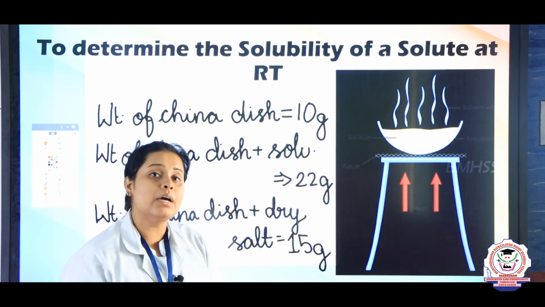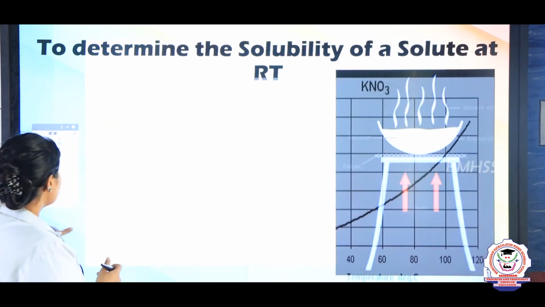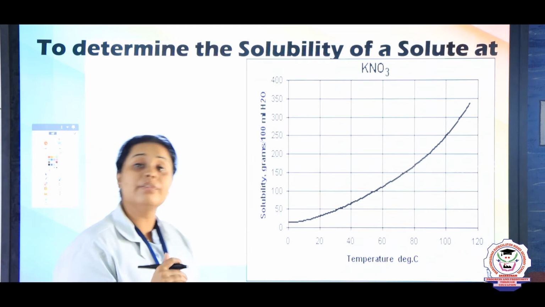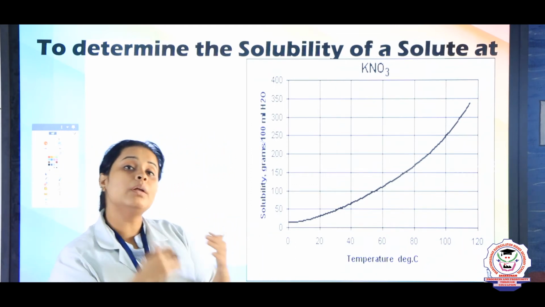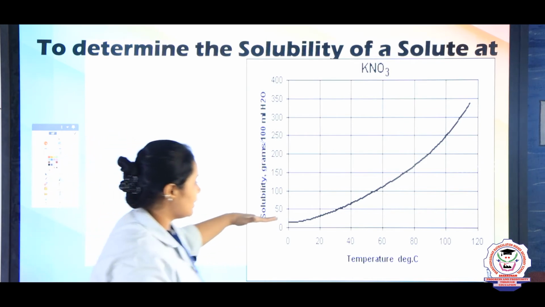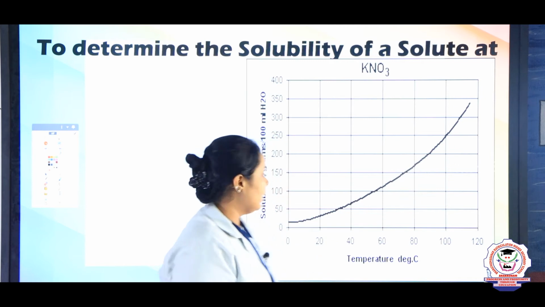How it is getting mixed up, we are going to see that. So children, the solubility curve, if you are seeing that, if you just keep on increasing the temperature, the solubility will keep on increasing, which you can see from the graph. It is just going exponentially up, right.